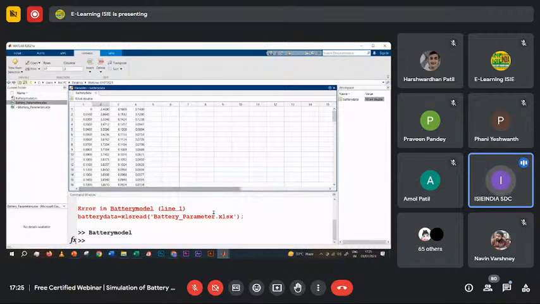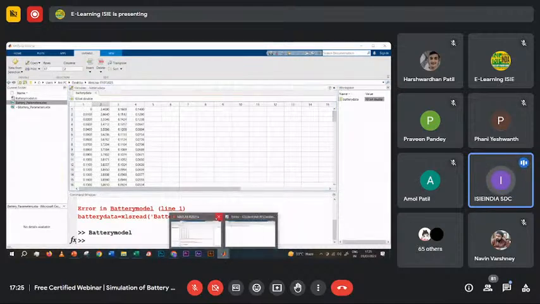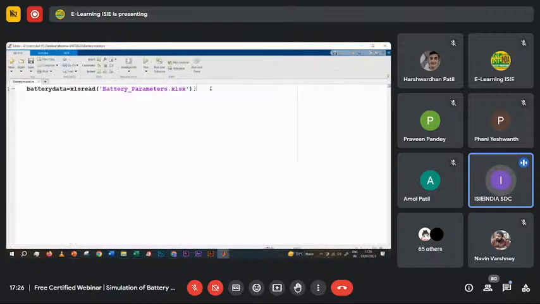Now what I will be doing is writing a code to separately select all the data. So this one is my first column, this is my second column, this one is my third, and this one is my fourth column. For that, I will be writing the code. The first one is the SOC, and this one is the battery data. Okay, so I will be writing here battery data, and I will be selecting